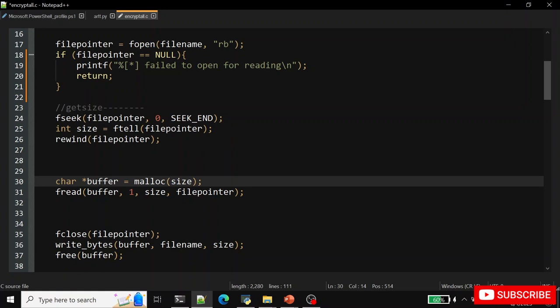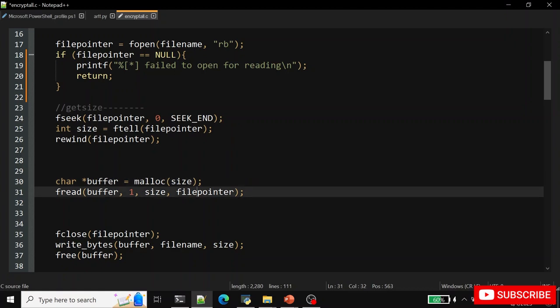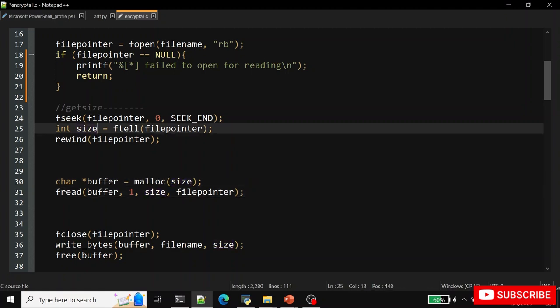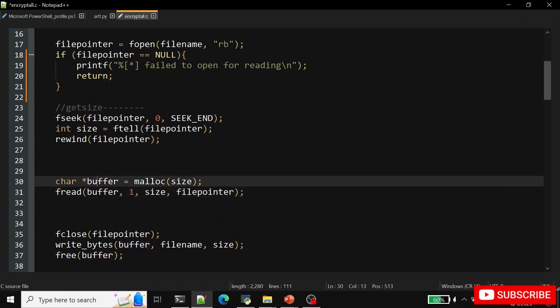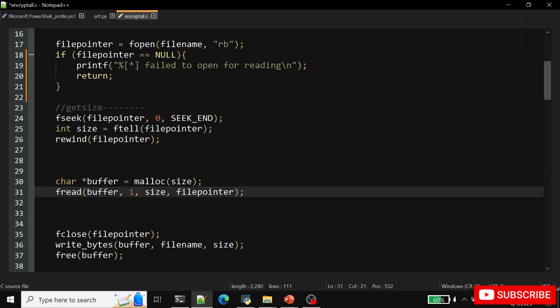So we just take the file pointer and the size of that file, we got it here, and we're gonna read one by one. This means we're gonna read 1 byte by 1 byte until we fill this buffer. So what this buffer will have is just the content of our file that we opened, the binary content. Okay,